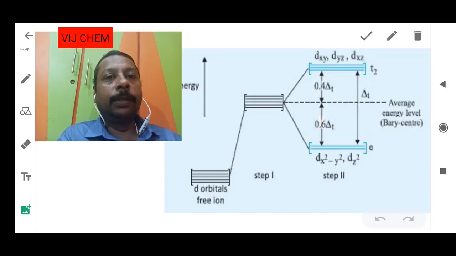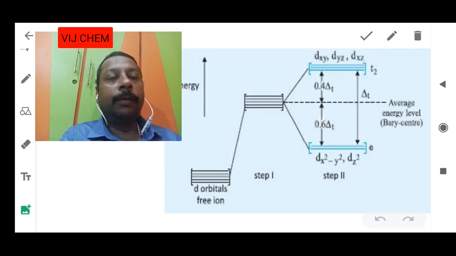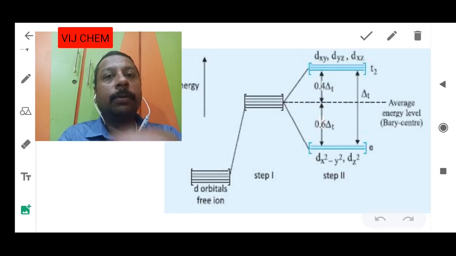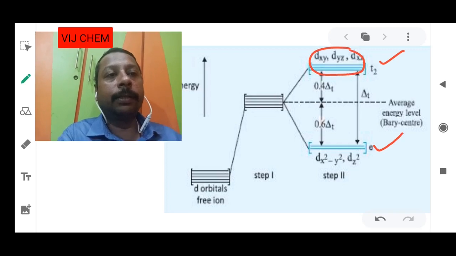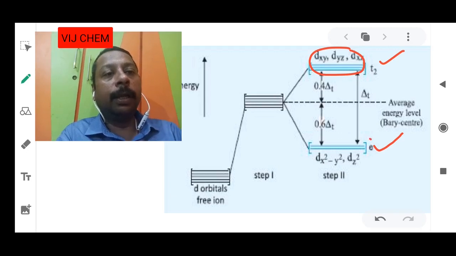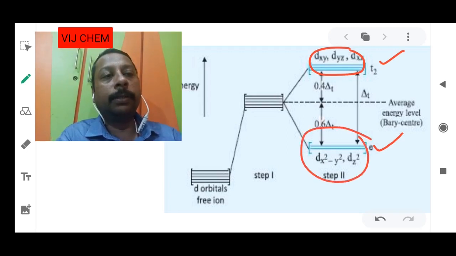Okay, here comes another screen which displays the energy levels and the difference in the energy levels of T2g and Eg. Okay, so here I am marking: this is T2g, this is Eg. So how many people are here? Three people, dxy, dyz, dzx. They experience more repulsion because ligands are onto them. And the relaxed persons, who are these? dx square minus y square and dz square.